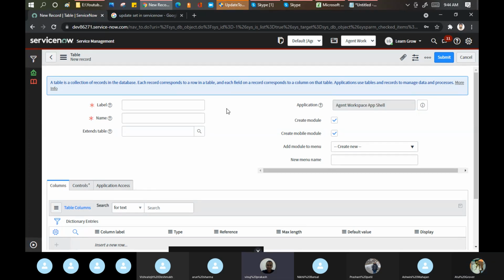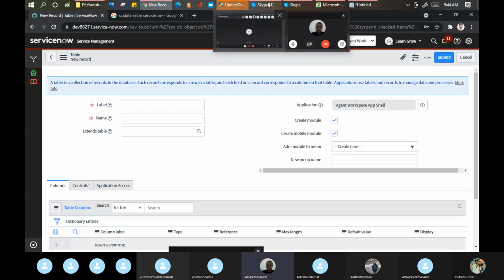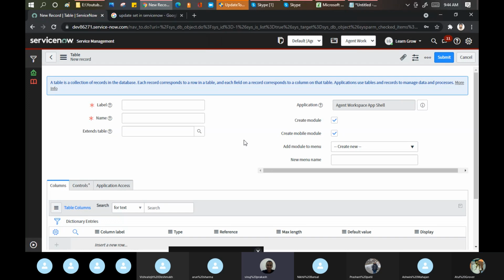Okay, Atul, just one more question. Yes, please. Like in a table, if we add 25 fields, then in that case it is not chargeable, correct? Yes. But Vinoj, there is a little background as well, because you cannot add 25 fields in any table. There is some mechanism set by ServiceNow on what type of table you can use to add fields.